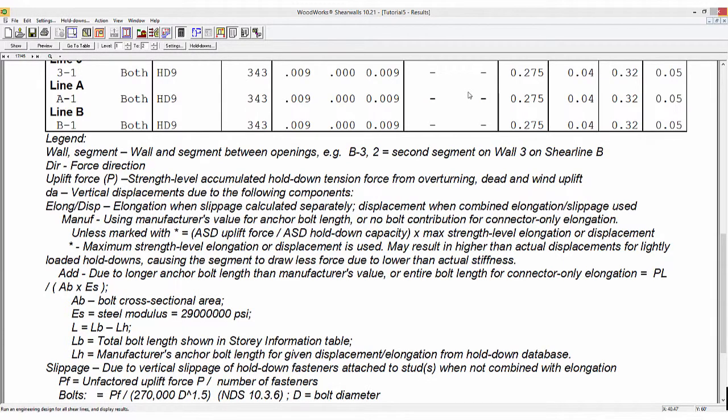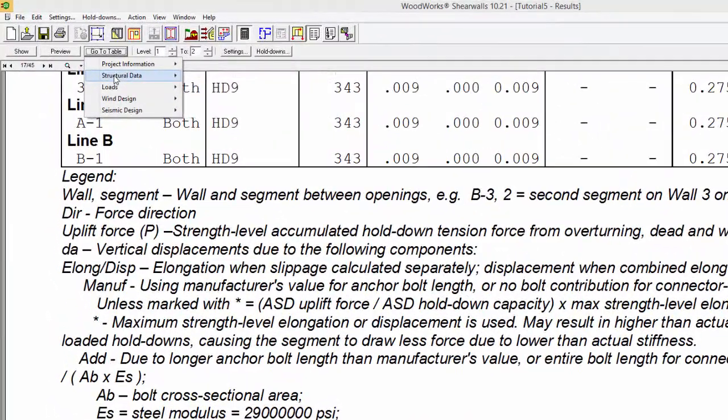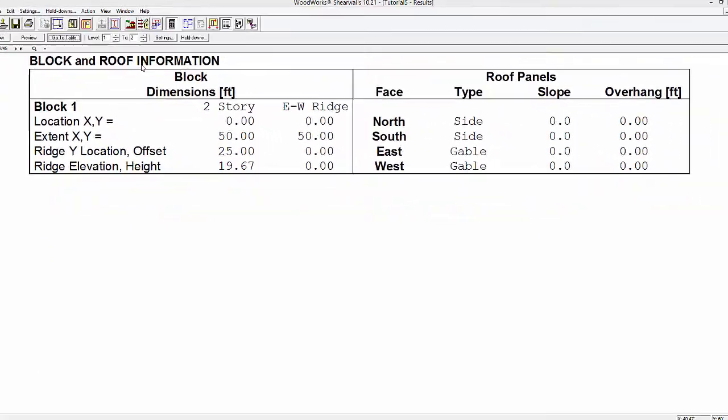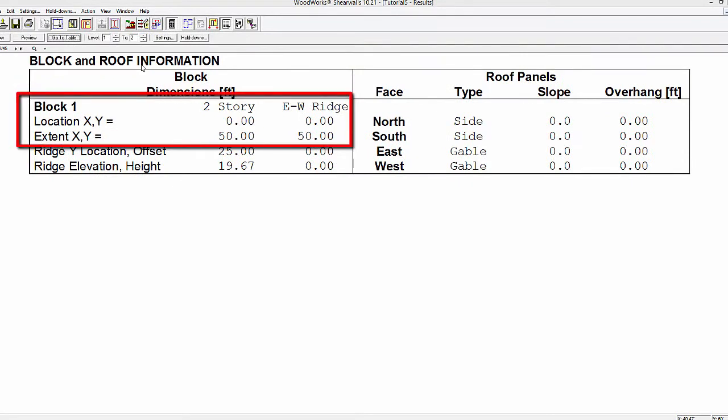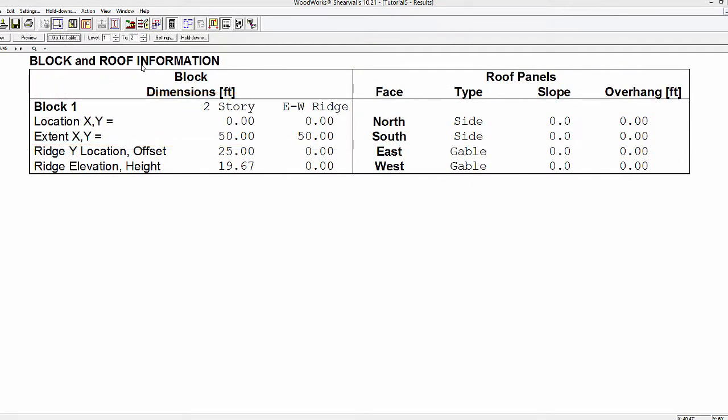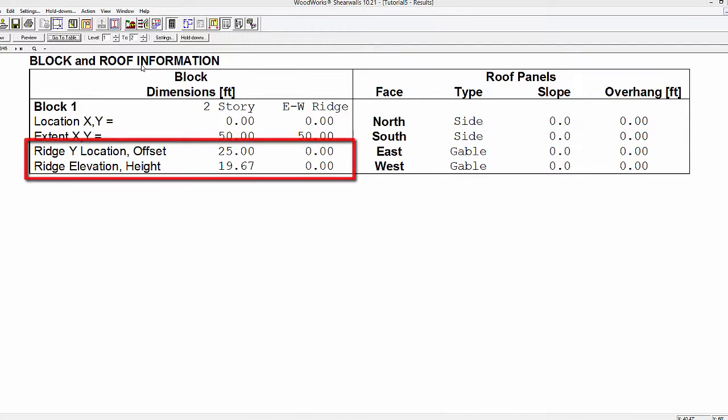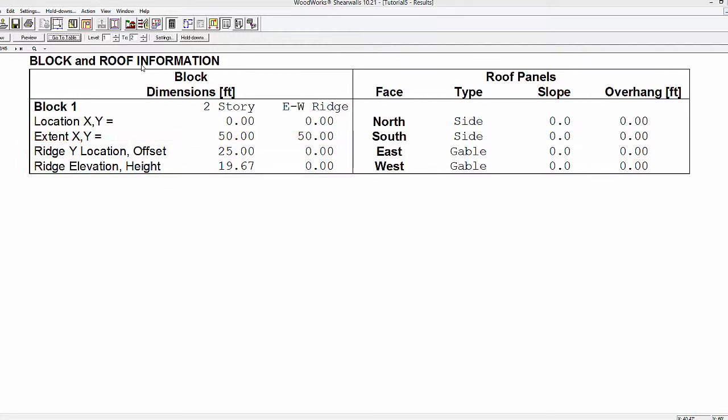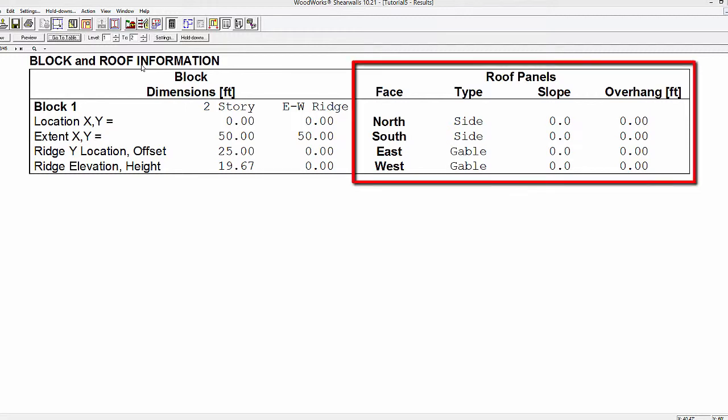The block and roof information is accessed by the following: go to table, structural data, and then block and roof information. The block information presents the Cartesian coordinates of the main blocks as well as the location of the ridges of each block and their respective elevation. The roof information is found beside the block information, and it describes the type of roof, its slope, and overhangs